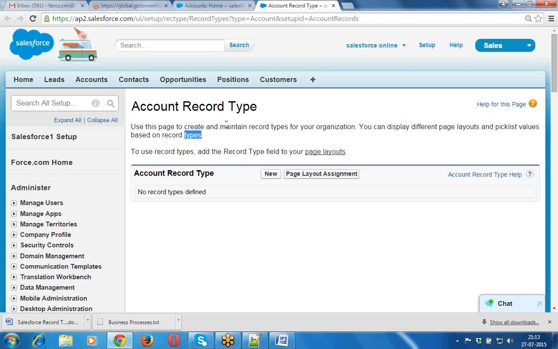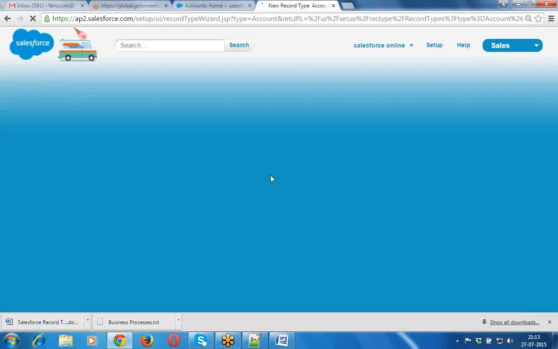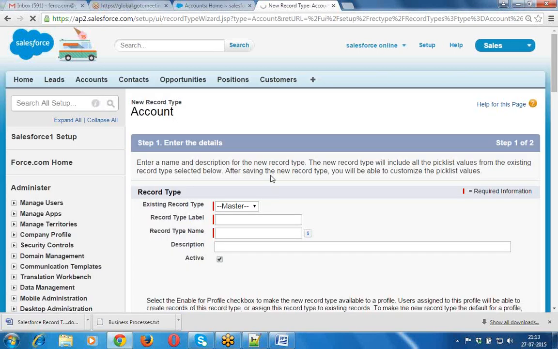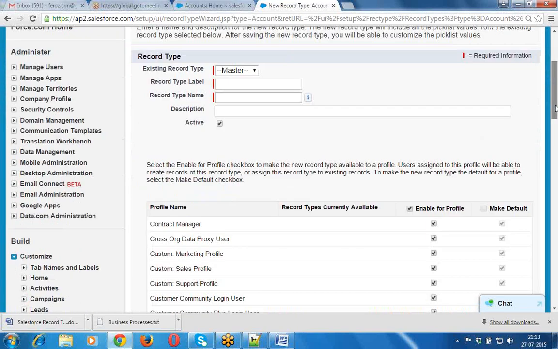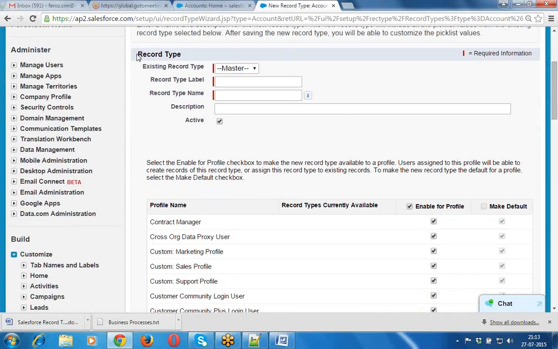Now I want to create a record type. Now click on the new button. So now here I want to create a record type. Here you will have the record type section.